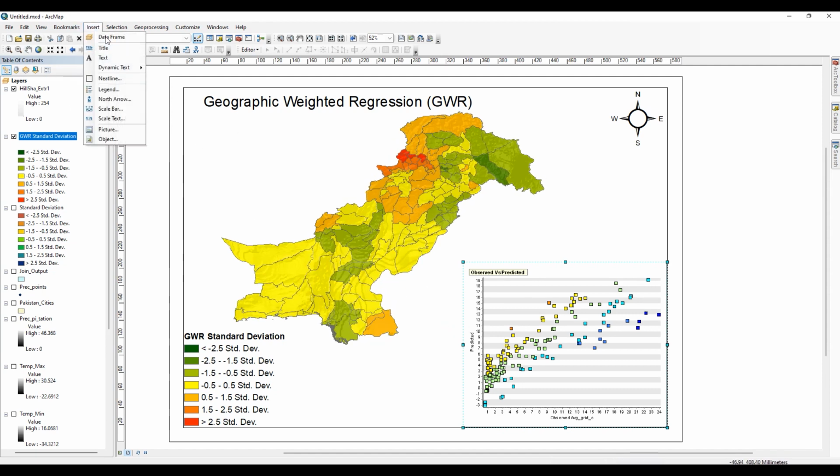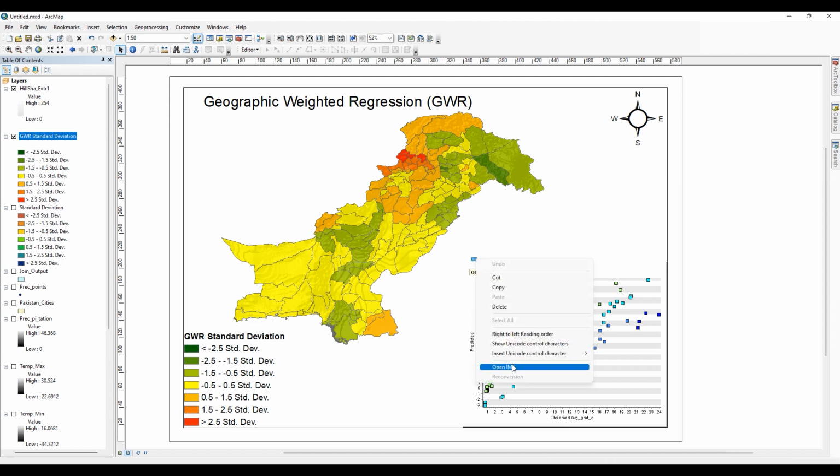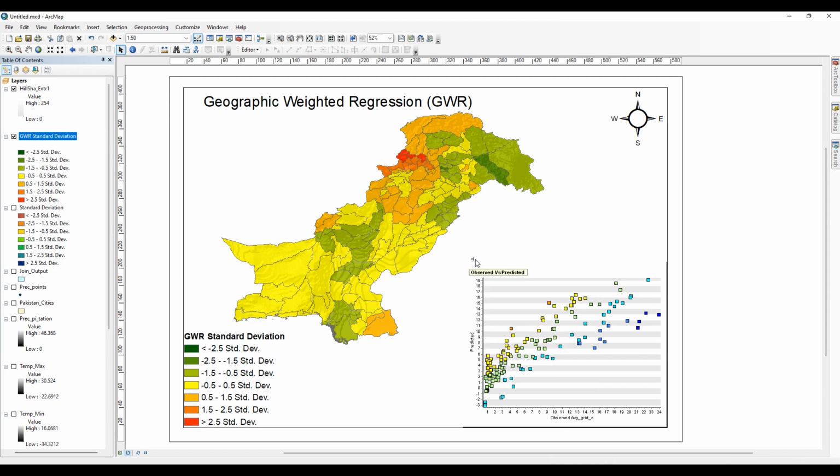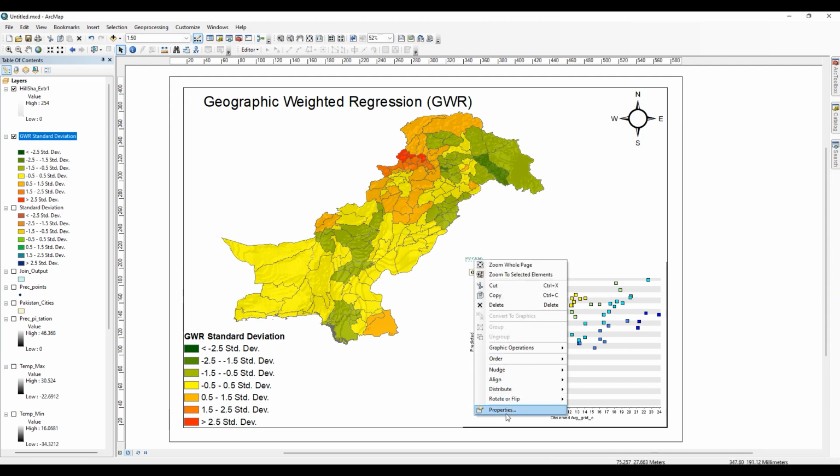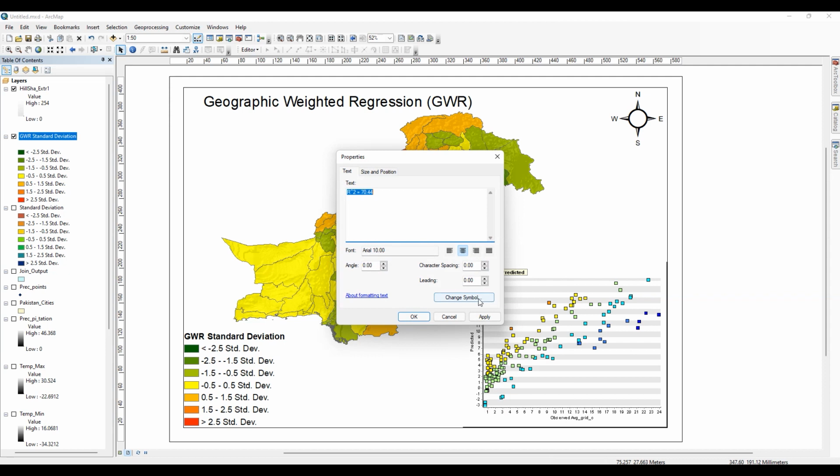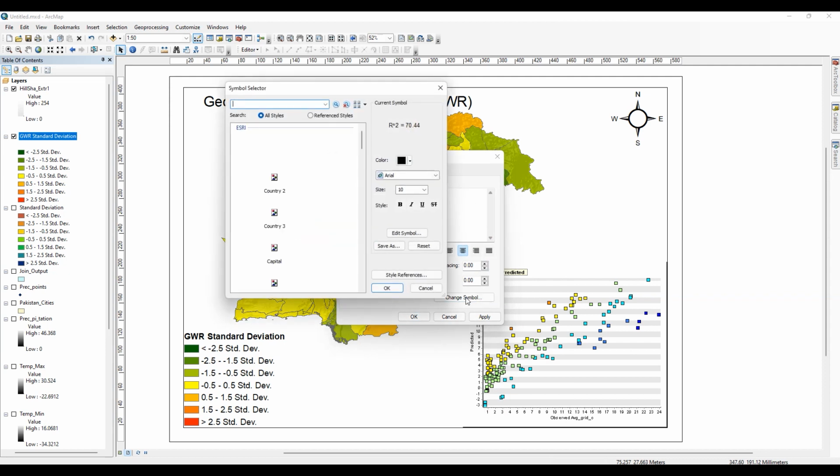Now we will add the R square value by the text option. Go to the properties and change the font and increase the font size up to 28.